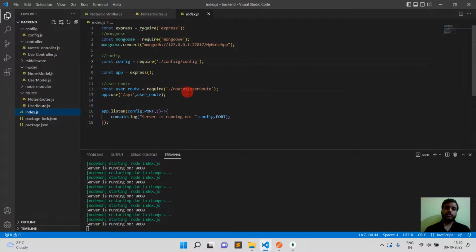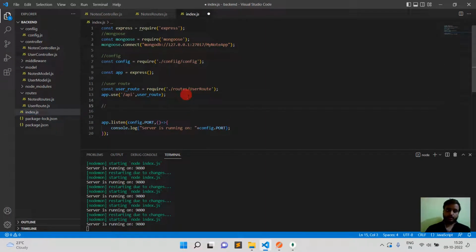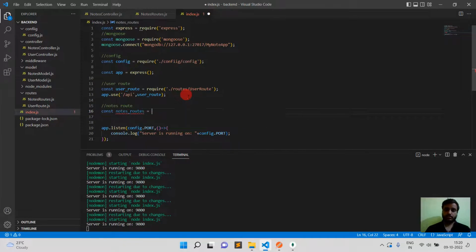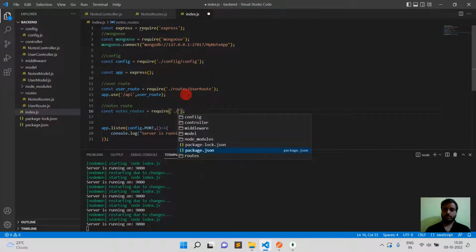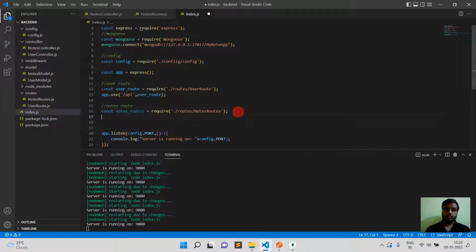Go inside index.js and call the nodes route here, and then const. First parameter will be API and second parameter will be the nodes route which we have created. Okay,